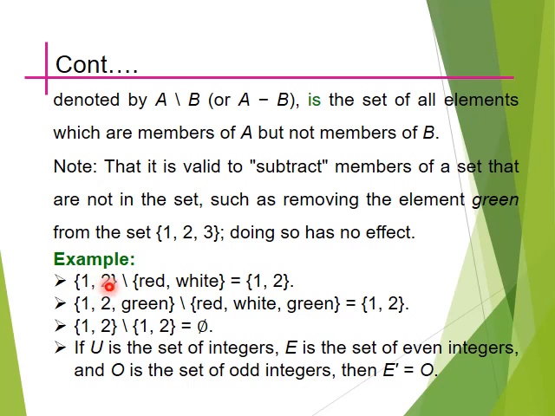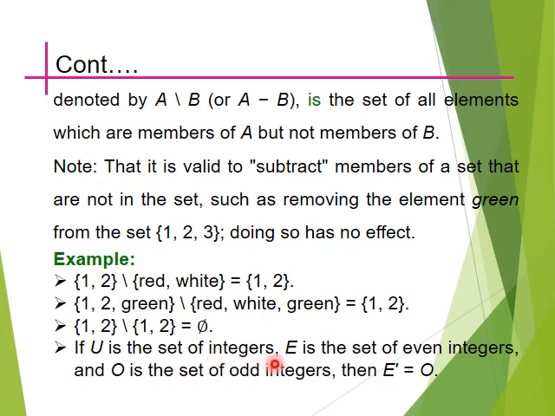यानी A के members में से B के members माइनस करने हैं. तो we can write 1, 2. It is 1, 2 and green minus. So here we can take minus with only the member green. So A के सारे members आ जाएंगे सिवाय green के जो कि B में भी था और वो माइनस हो गया. It is 1, 2 minus 1, 2, that is empty set.